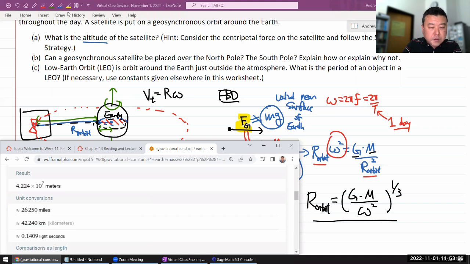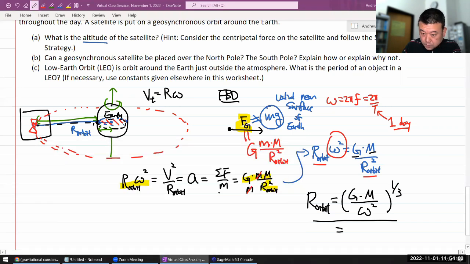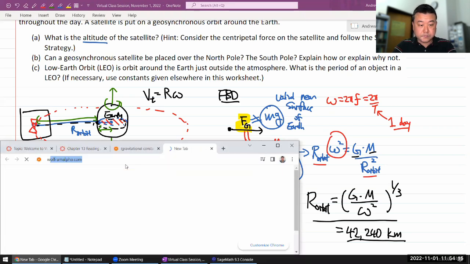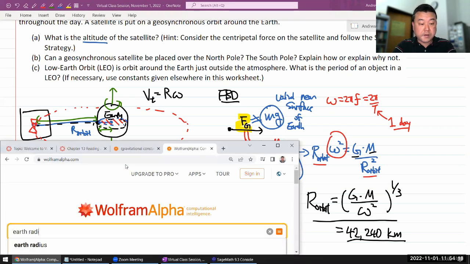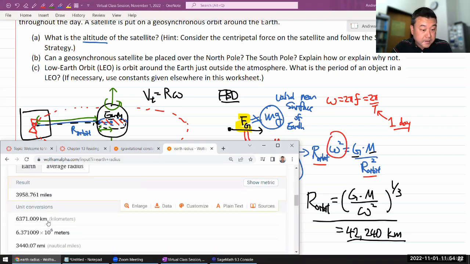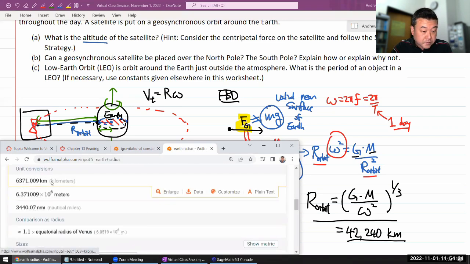42,240 kilometers. That sounds like a large value. And if you look up the Earth radius, it is less than that, much less than that. In terms of kilometers,